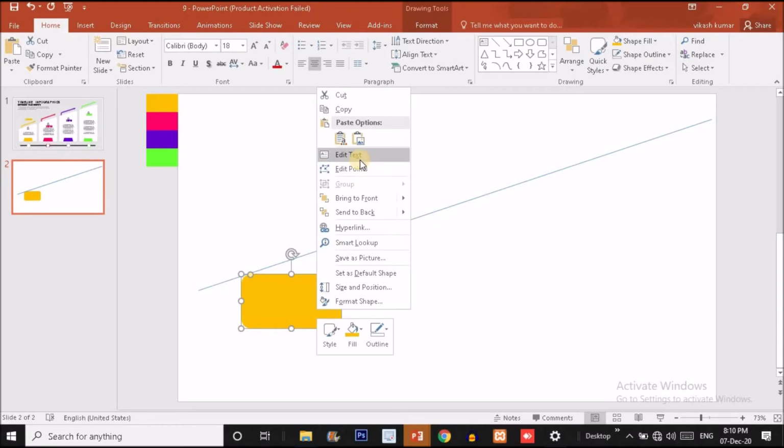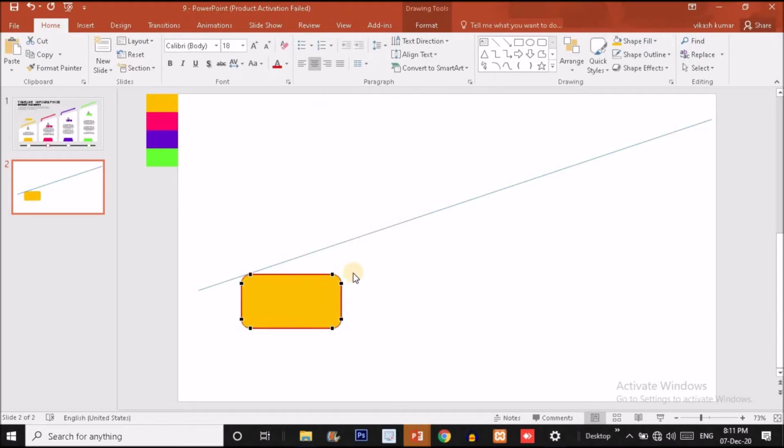Now right click on the shape and choose edit point option over here. Here you will find 8 black dots. So we will do changes with the right top and left top dots. Means we have to make changes with these 4 dots. We are not going to do any changes with the bottom dots. Okay, so for this dot I am going to place it over here, just above the previous dot, and this here.